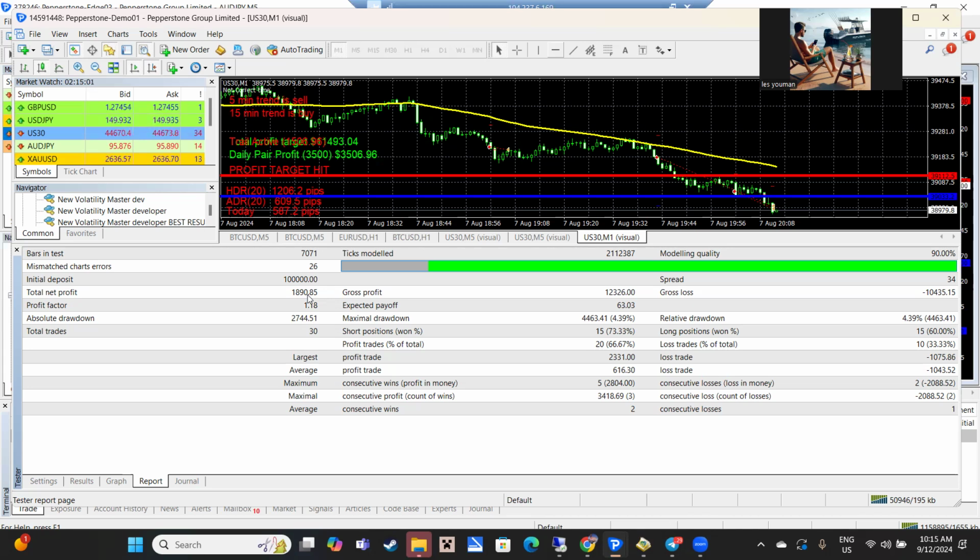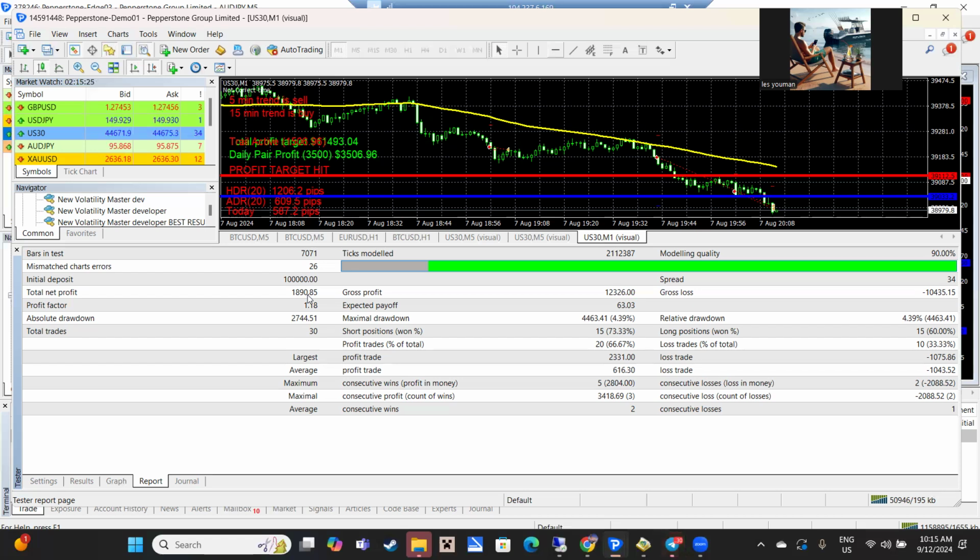Okay. And minus $60 for 3 months worth of the VPS. So we end up being in profit by $1,504. So nowhere near as profitable as what we did on AUD yen, but that's just how it worked out